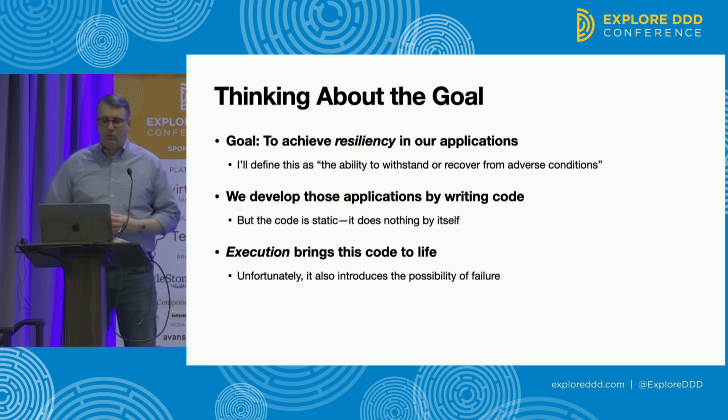Taking a step back, though, as software developers, we spend our days writing code, thinking about code, designing it, ultimately writing it. But the applications that we write, by writing that code, they don't actually do anything by themselves. You can write code to calculate a number, but is it going to calculate the number? No, it just sits there. The thing that you have to give it for it to be able to achieve its goal is execution. The code is static. So execution is what brings code to life. Unfortunately for us, though, execution is also what makes failure possible. If you think about the code you write, all the code you write is truly bug-free until the moment you run it.